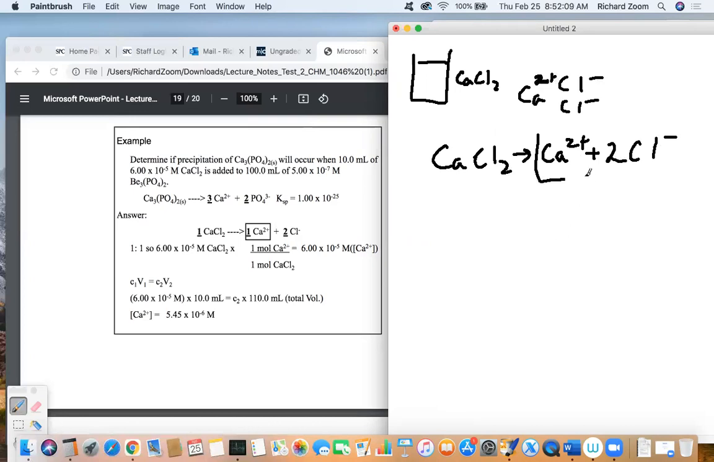We're only interested though in the Ca2 plus. And the reason for that is because the precipitate is calcium phosphate, which doesn't contain any chloride. So the Cl is going to be a spectator ion. We're only interested in the calcium 2 plus. In order to calculate the Ca2 plus in solution here,